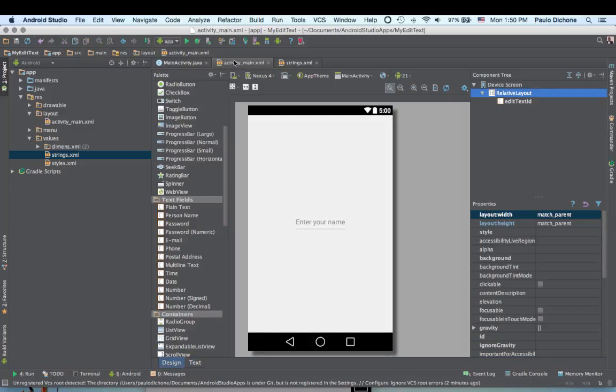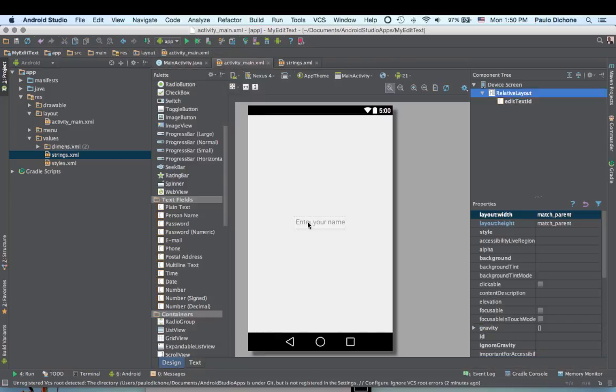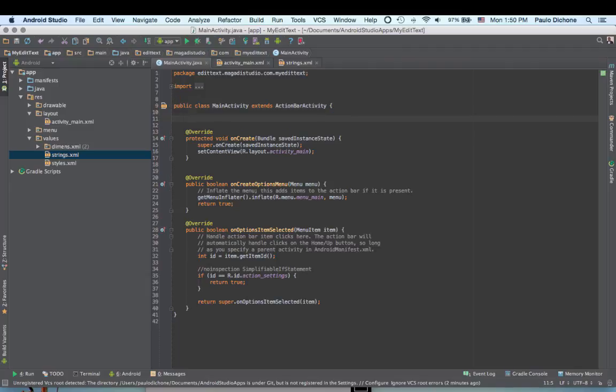go ahead to our main activity and reference and get this edit text here, so we can do whatever we want with, just like what we have been doing with text view and button. So the first thing we do, we say private. So we are creating an instance variable for this class. So private, it's an EditText. I'm gonna call it myEditText,